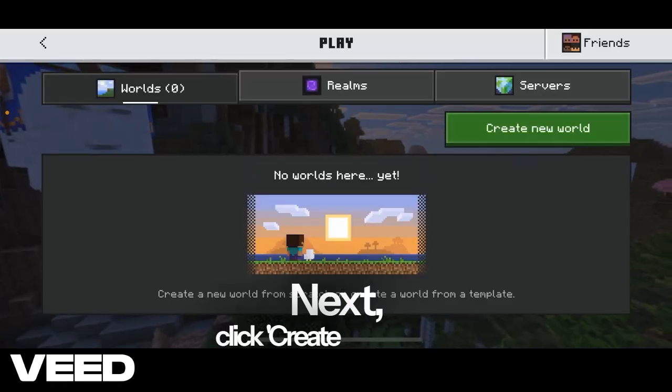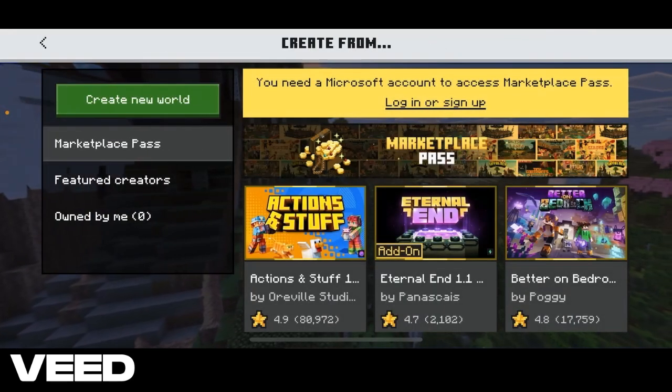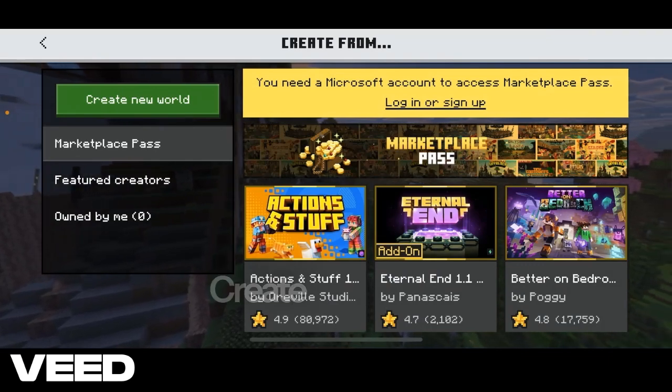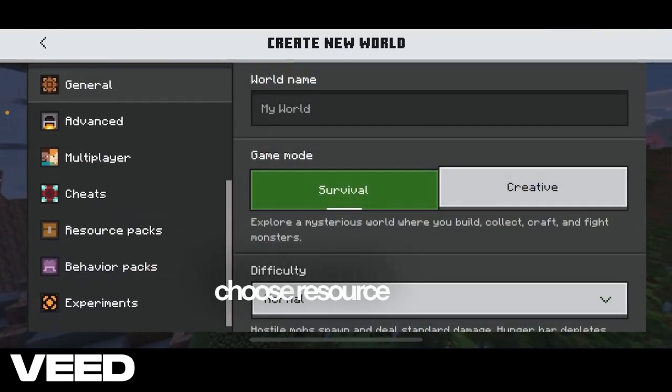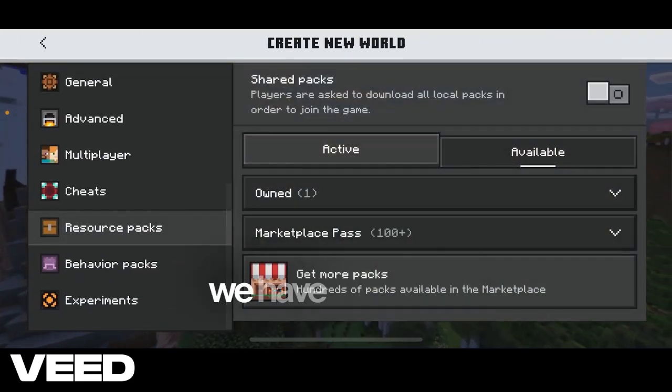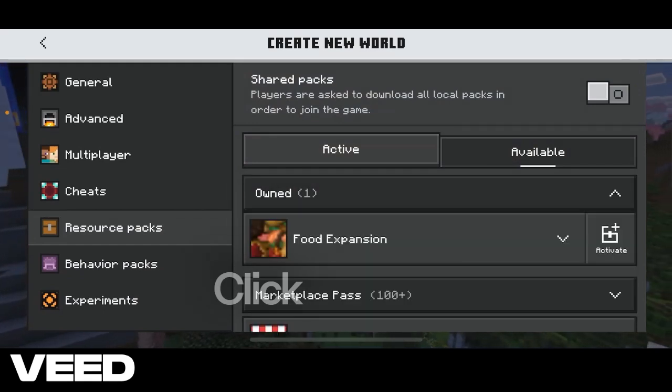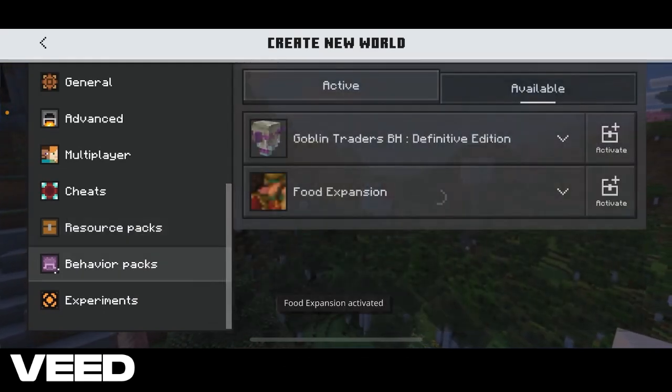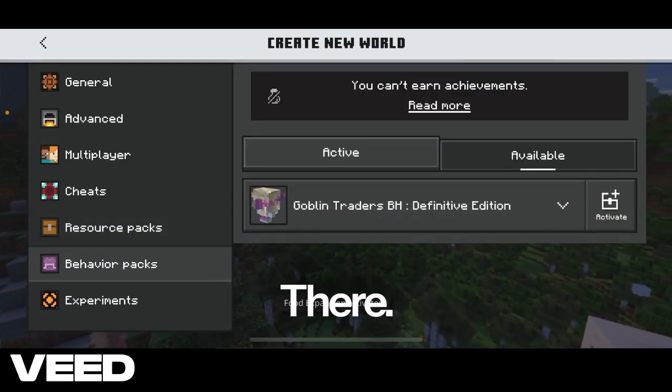Next, click Create New World. Here, choose Resource Packs. As you can see, we have the mod, here it is. Click Activate, go here, hit Activate. There, now the mod is